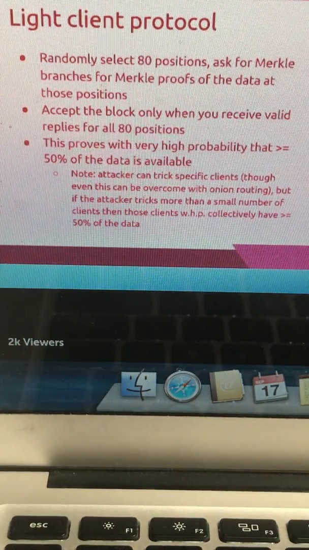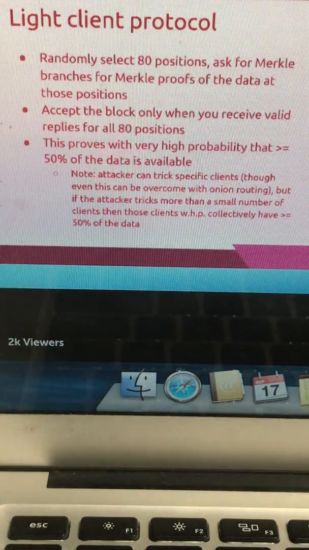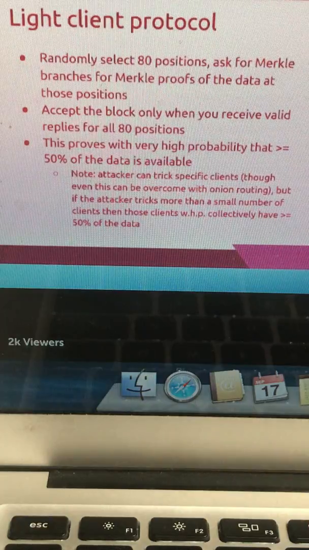So one simple protocol for probabilistically checking availability is I, as a light client, am going to privately select 80 positions, and I'm just going to ask the network for each one. And I'm only going to accept the block as available when all 80 of my queries get answered by someone. If only 70% of the queries get answered, then I'm just going to sit there and pretend the block's not there. And if an hour later the last 10 queries get answered, then I'm going to accept the block an hour later. Right? So this is kind of similar to what happens already, where you only accept a block after you've downloaded the whole thing. But here, instead of trying to download the whole thing, we're just going to focus on a particular 80 positions.